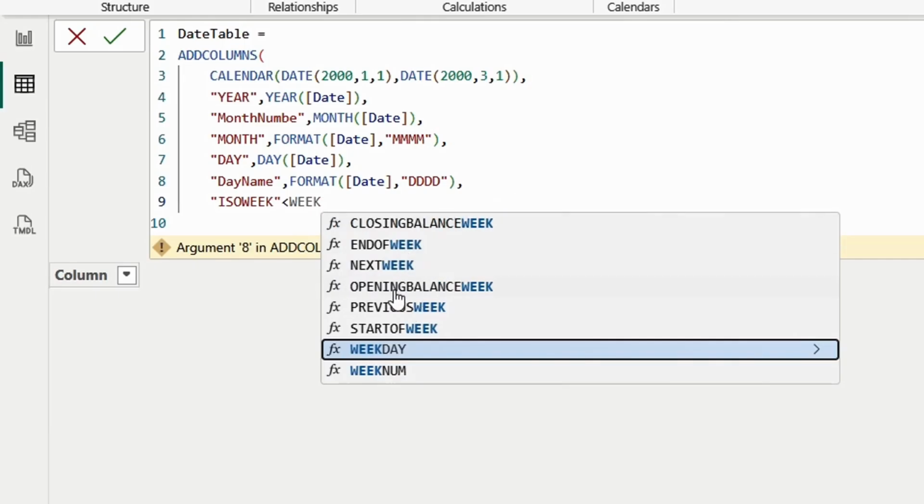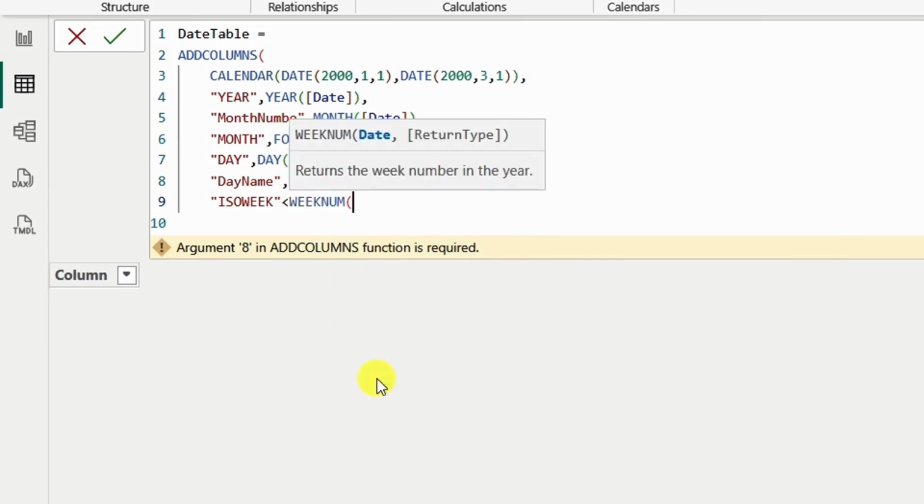You should have week number somewhere. Okay. Date. And this should be from this to this, yeah, that should be 21. And